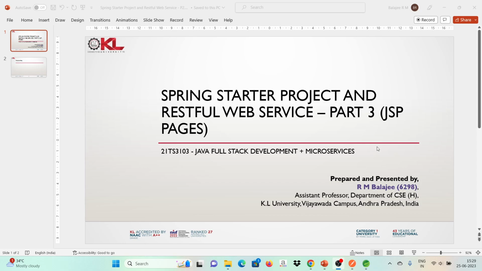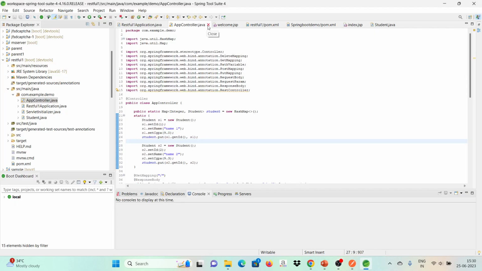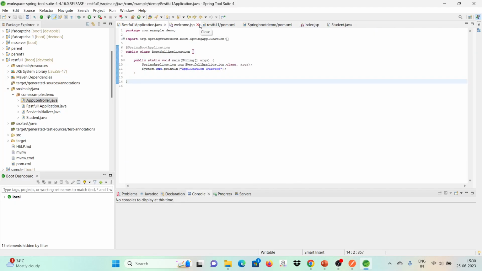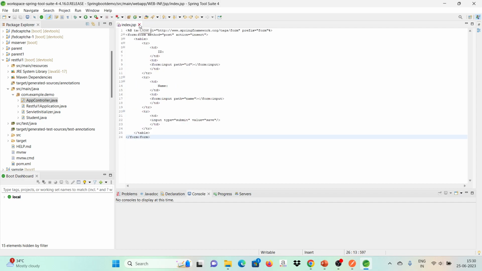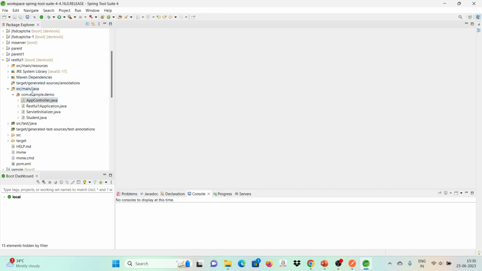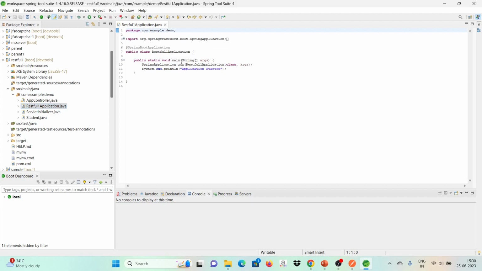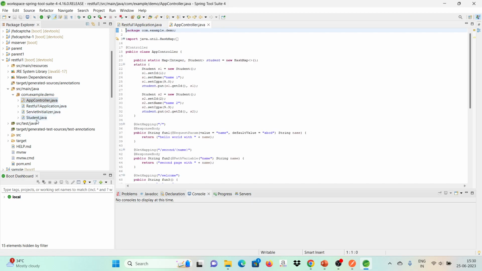Let me get into the IDE. Let me start with the same application which I had done with part 1 and part 2. The application name is Restful 1, and in this application we are having a package. In the package we already have the main class for the Spring Boot application and one controller and also the